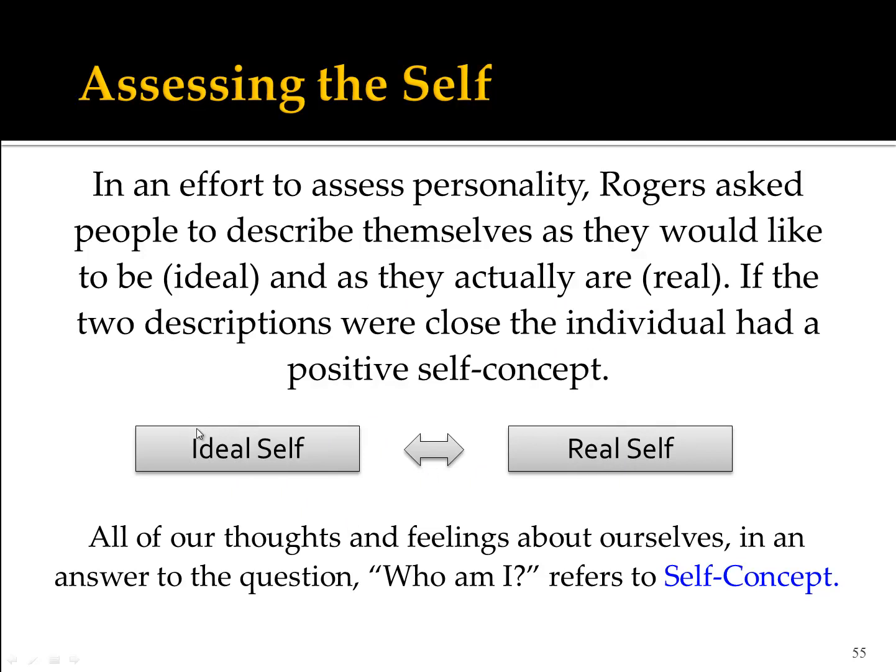If in fact the ideal self is very close to our real self, then we're going to have a healthy lifestyle. We're not trying to be somebody else other than who we are. You think about it. When you try to step out from who you really are, maybe you're not the life of the party. You're not a person that's really humorous, or really outgoing, and you go to a party and you say, I'm going to make an effort to be outgoing here. And sure enough, you can go about doing it.